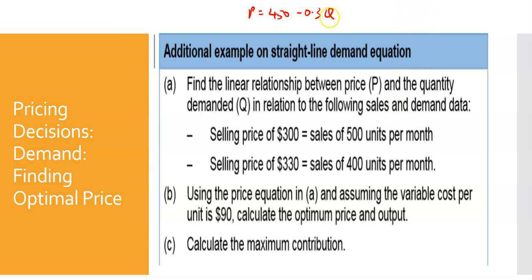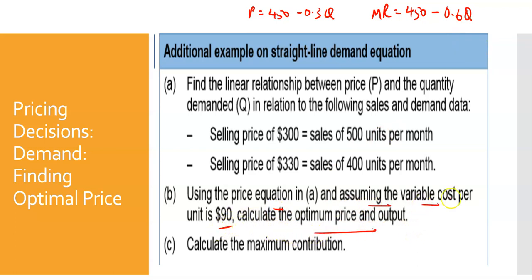If this is my normal curve, my marginal revenue curve is 450 minus 2 times this, which is 0.6q. This is given to you in the exam. P is equal to A minus BQ, MR is equal to A minus 2BQ. So I now have this. So the question becomes, I'm told that using the price equation, assume the variable cost is 90, calculate the